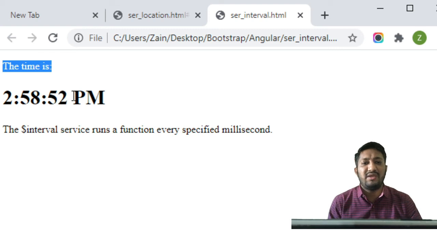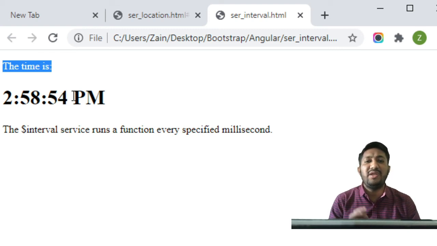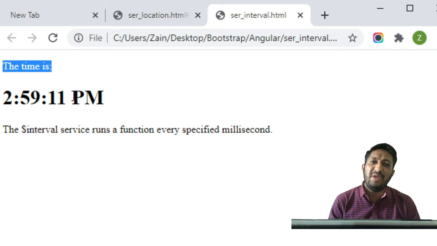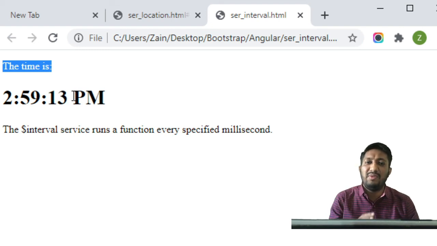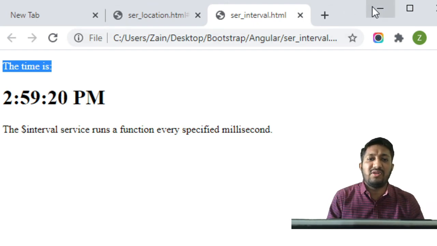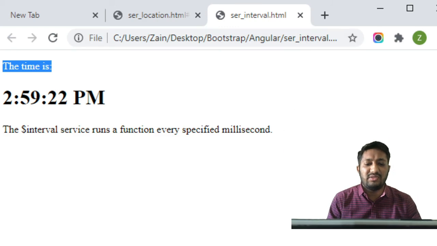So the time is incremented with the help of the interval service only. If we fetch the value from the date function, it will give only a static time. It is not incremented. So with the help of this interval service, we can easily get the time, and according to that time interval our value will be incremented. So this is how the interval function works in AngularJS.